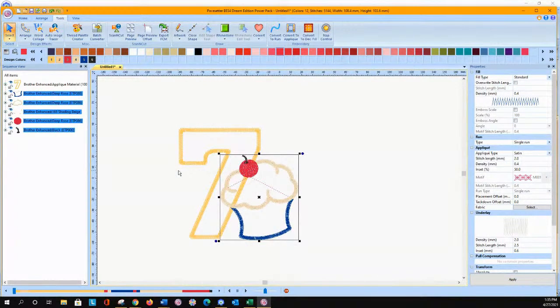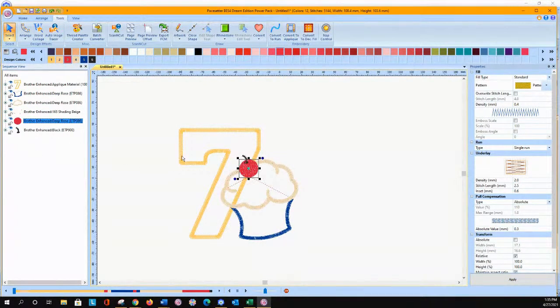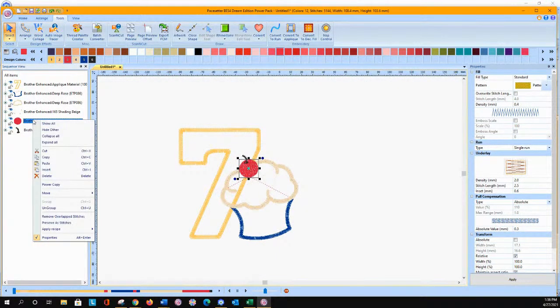And we are going to click on the red part because that's a solid line. It's a solid stitch. We're going to be able to manipulate it. So I'm going to right mouse click on that in my sequence view window, and I am going to say